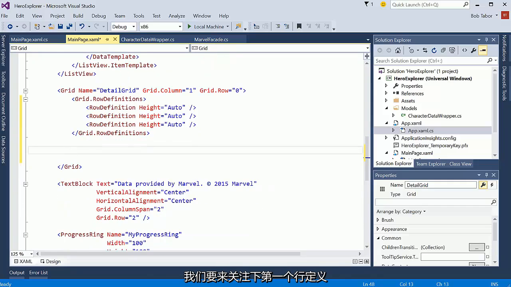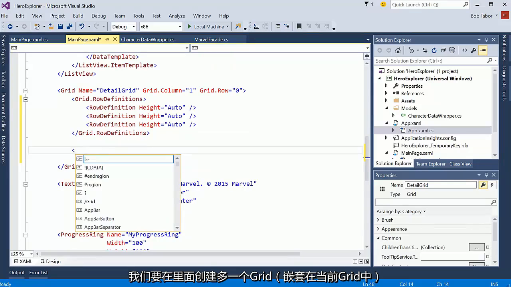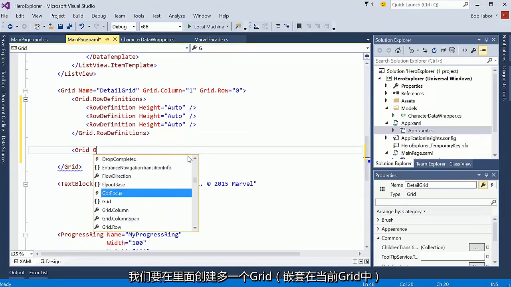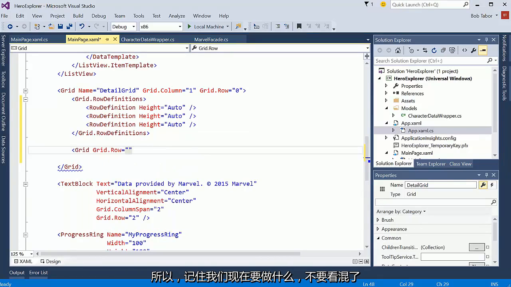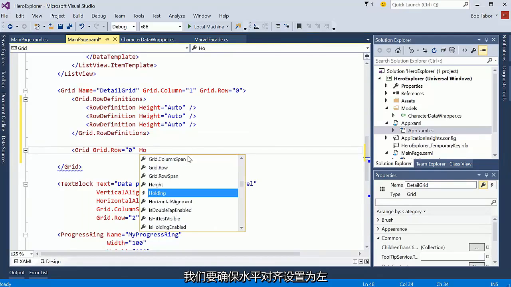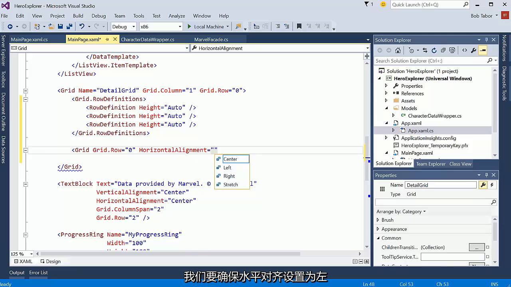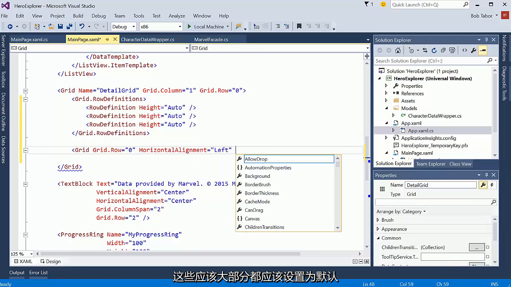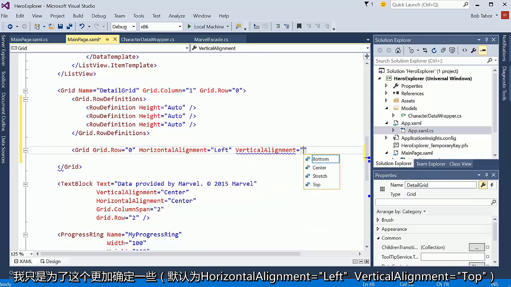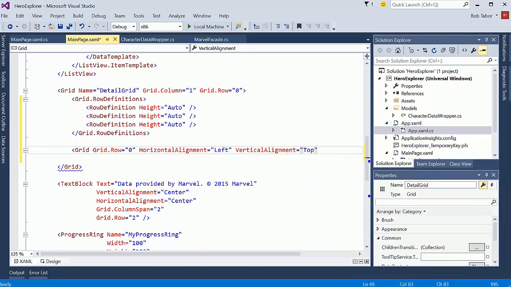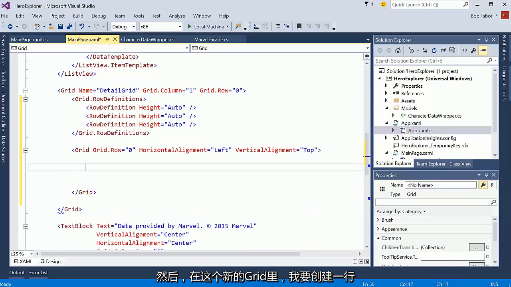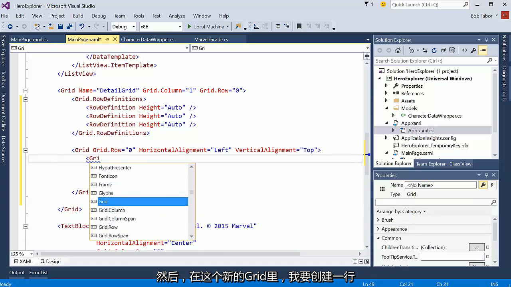Okay. The next thing that we're going to want to do is, now that we have our row definitions created, we're going to focus on that first row definition. So we're going to create another grid inside of it. So just to make sure we remember what we're doing here, Grid.Row equals 0. And I'm going to make sure to set the horizontal alignment to left. Most of these should be defaults, but I'm just not taking any chances here. And then inside of that grid, I'm going to create one row that will display the